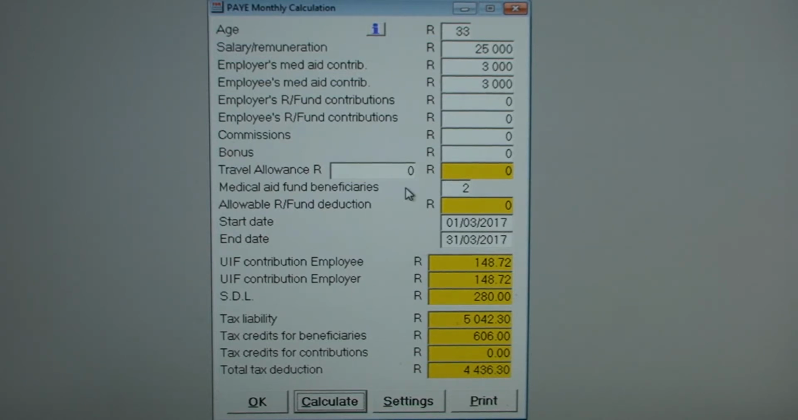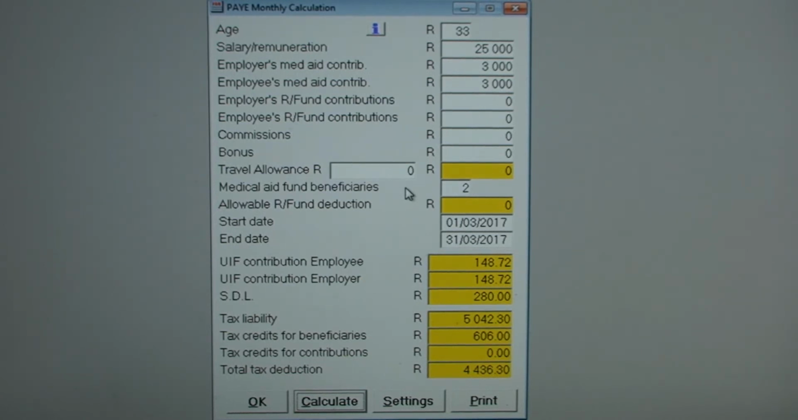The employee is thus taxed on 25,000 plus the 3,000 Rand fringe benefit amount. The tax on 28,000 Rand is 5,042 Rand, but the two beneficiaries mean that the employer has to give the employee a tax credit of 606 Rand for the two beneficiaries. This means the pay-as-you-earn tax is reduced to